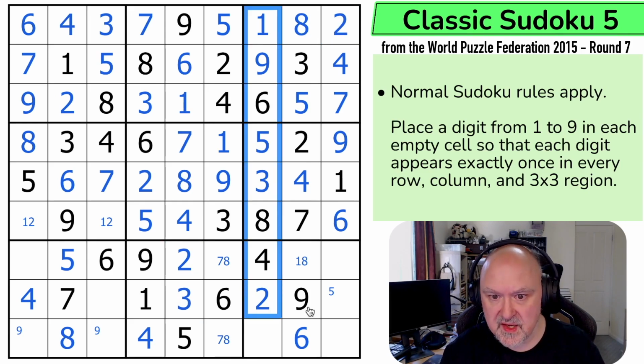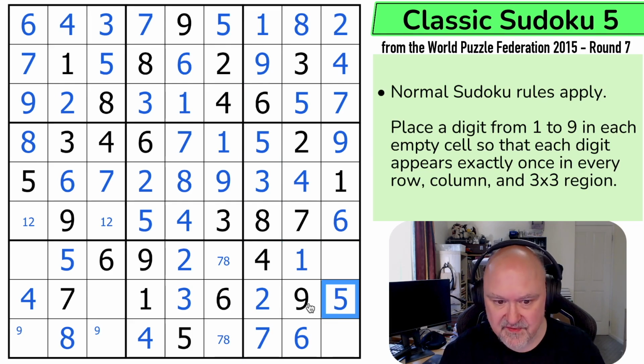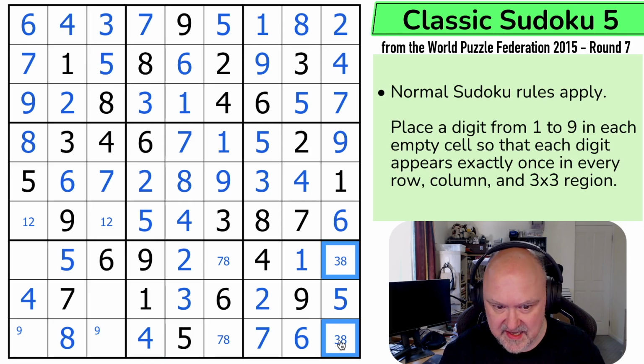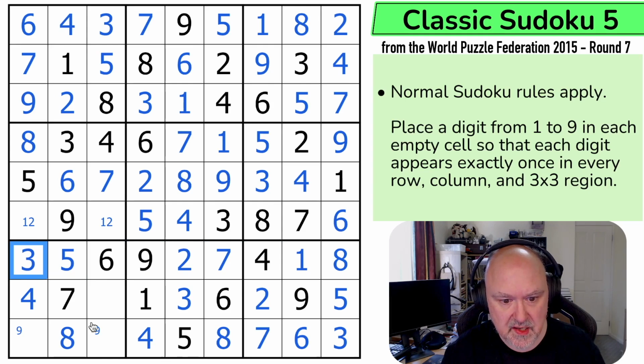This column is missing a 7. This 8 looks down making that the 1. Where do I put a 5? By pencil marks, that's a 5, and I can prove it by the 5s looking in. These are now 3 and 8. And the 8 is looking in, making that the 3 and that the 8. The 8 looks across, making that the 7 and that the 8. This row is missing its 3, so that's the 3. This row is missing its 8 by...